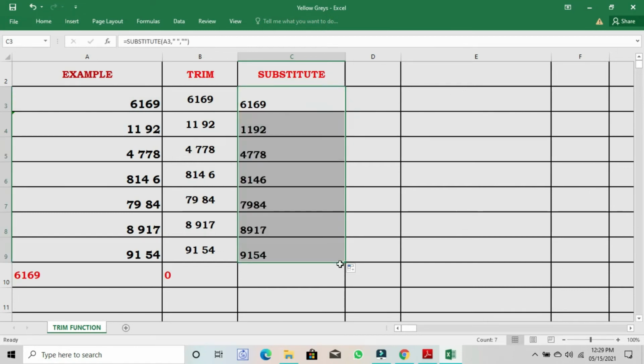Then drag the cell. Let's check the summation of the result of the SUBSTITUTE function. See, here also we are getting 0.